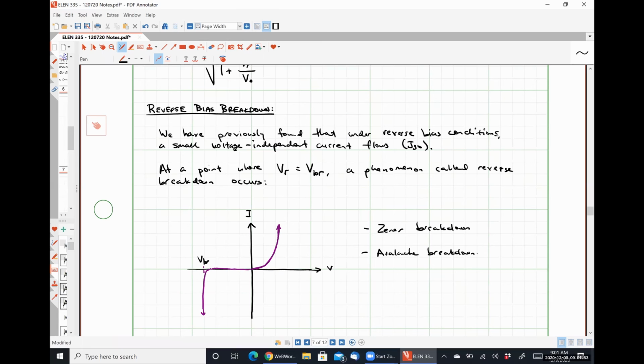Avalanche breakdown, effectively, what it boils down to is the electric field inside your crystal is so high that, anytime an electron hole pair is generated in the space charge layer, they have so much energy that they cause other electron hole pairs to be generated during scattering events, and it just cascades out of control. We'll talk about that in a second. All right, so